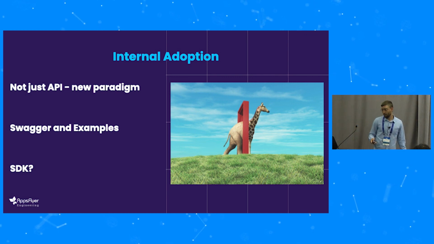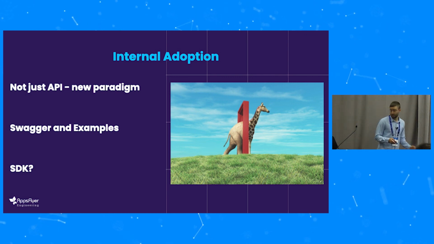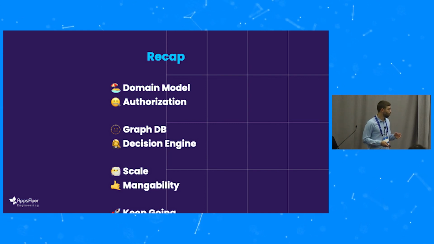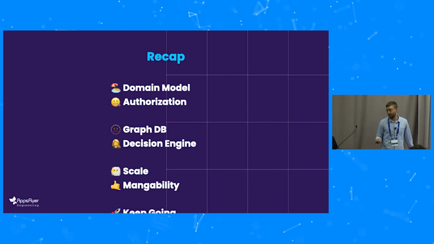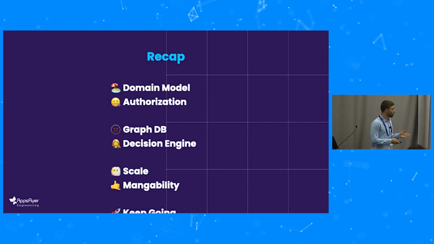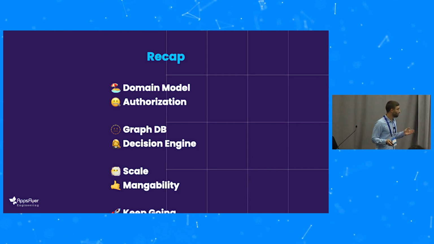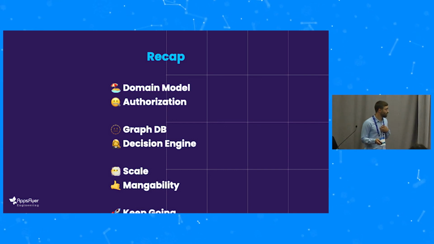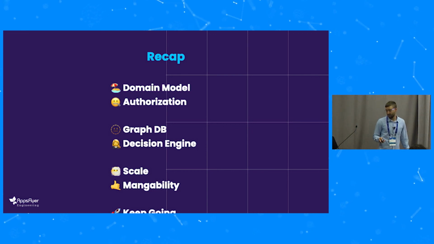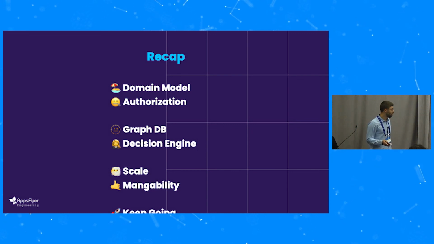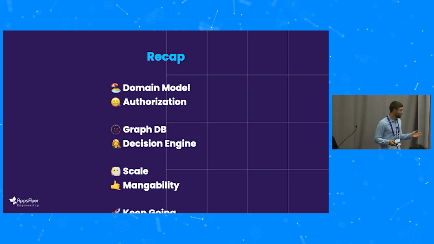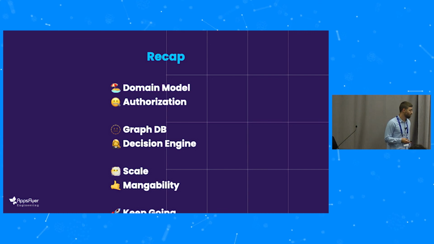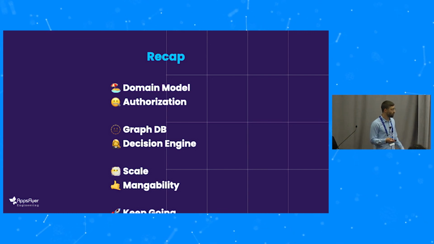So to recap, AppsFlyer domain modeling is a collaboration between app owners and partners over application data. We discussed what authorization is in general and what it means in the AppsFlyer context. And we demonstrated how we model it over GraphDB and the microservices architecture that includes the decision engine that enforces the policies. Our main challenges now are around scale, this process, and maintainability: how to allow other teams to connect to the graph and the solution without us having to code everything.